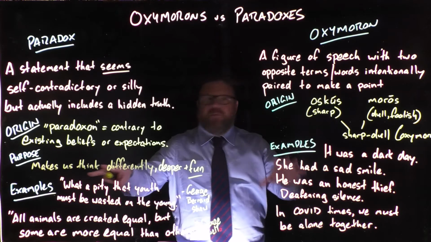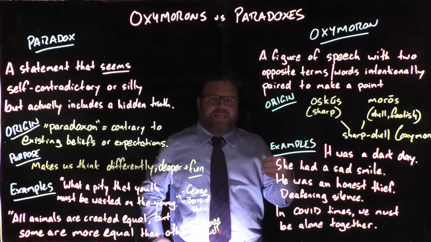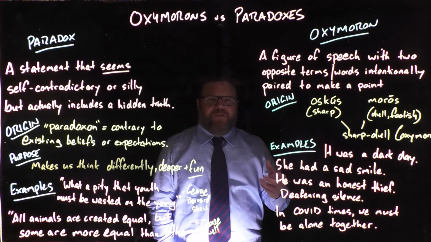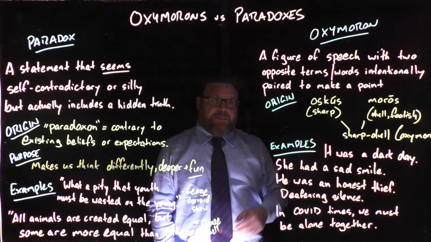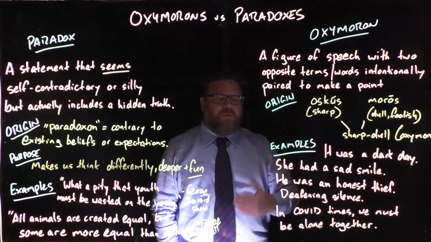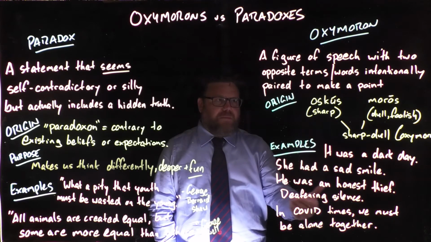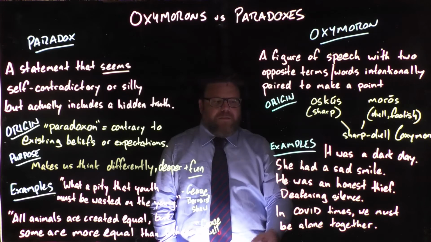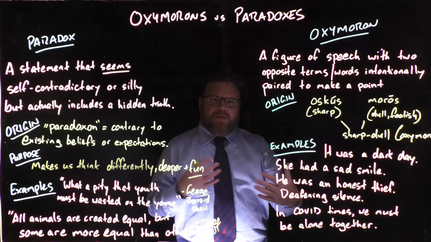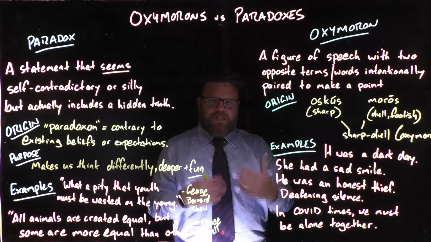So you can see that the purpose of an oxymoron is very similar to the purpose of a paradox. It makes us think differently about an idea, or it emphasises a point. And it can also just be fun, often used for humour in puns. And lastly, in COVID times, you might have heard that we must be alone together. On the face of it, these two words don't seem to go together. But it's this idea that, yes, we have to socially distance and be apart, maybe in our own homes, but through Zoom and other connections, we're trying to stay together. So we're alone together.